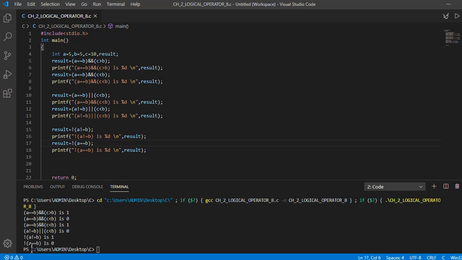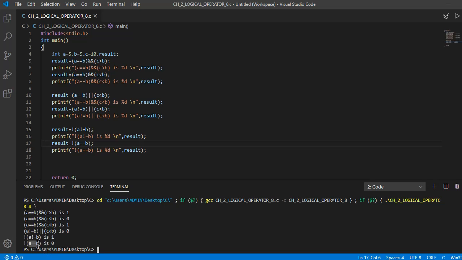The last expression A equals to B is true. Now we are applying the NOT operator before it. So it will become false.